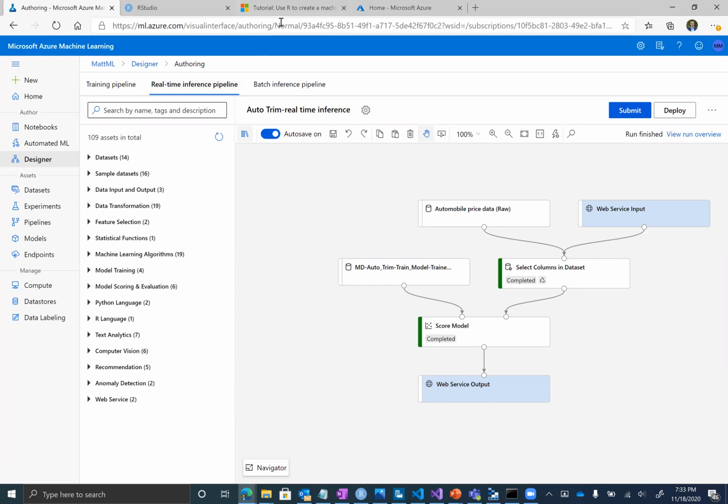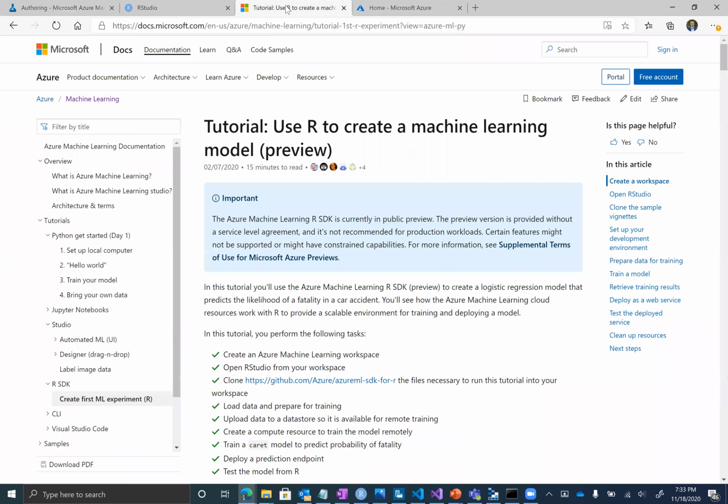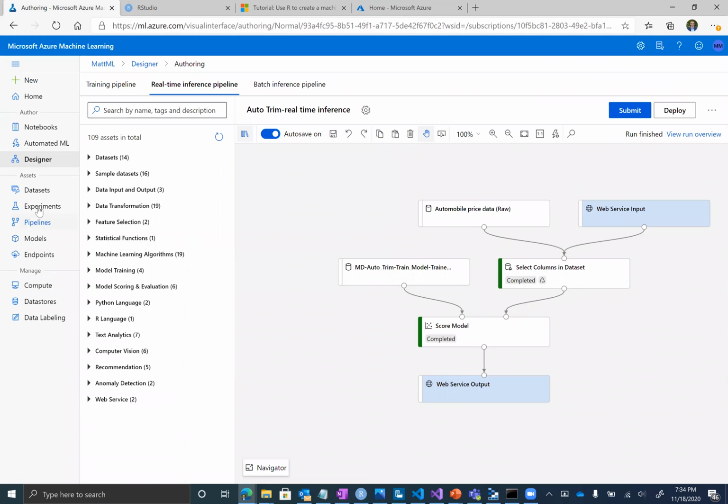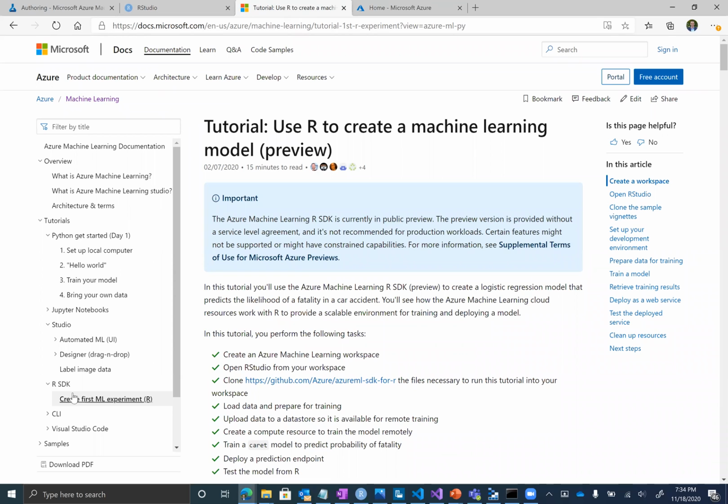The one other thing worth mentioning, which I briefly touched on and she'll probably go over a little more, is that everything I'm doing in this Azure ML portal, especially with automated machine learning and designer, we have R and Python SDKs.